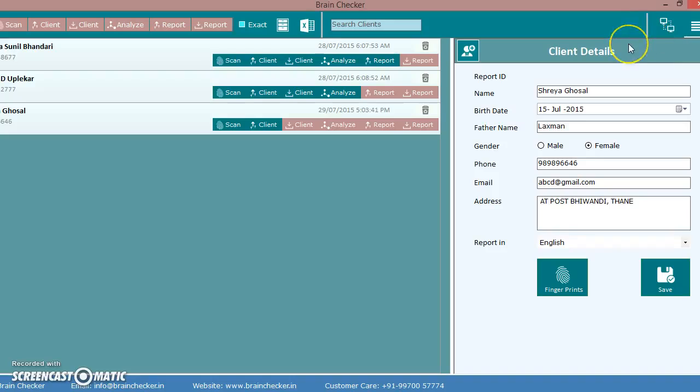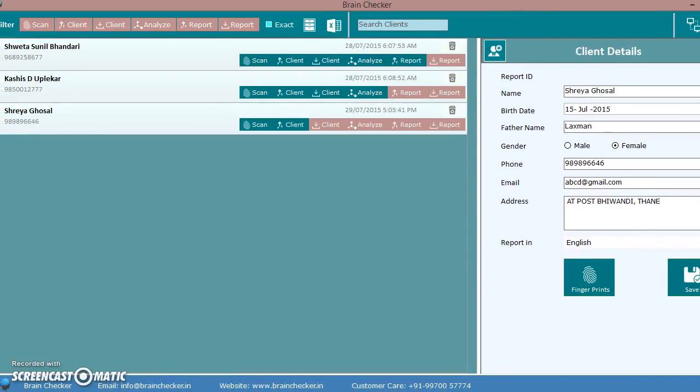Synchronizing is a regular activity. You should be doing it frequently. The first synchronize should be done as soon as the client is saved. You should synchronize the information and then go ahead and capture the fingerprints. This is because the client's information first needs to be available on the server before you actually send the fingerprints onto the server.